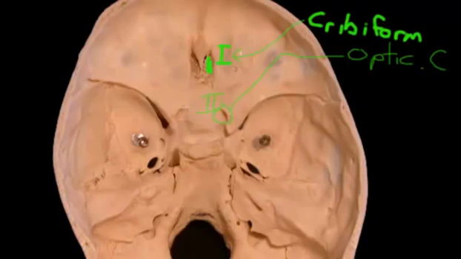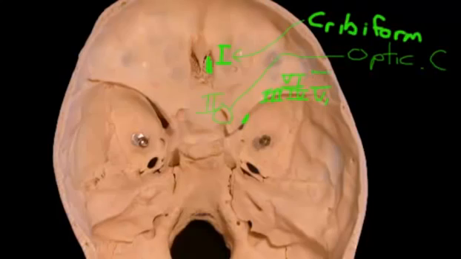The third and the fourth cranial nerves all leave through this little slit just here. It looks better on this side. See this wide open area here? That's the third, fourth, and the first division of the fifth. In fact, and the sixth